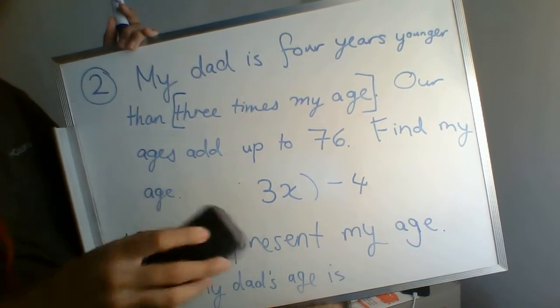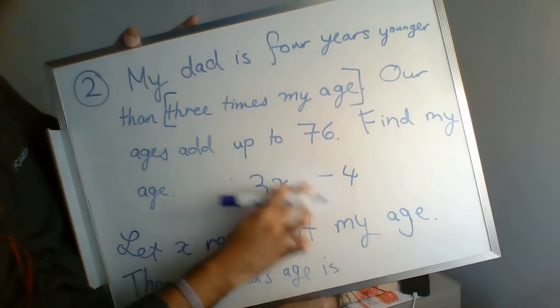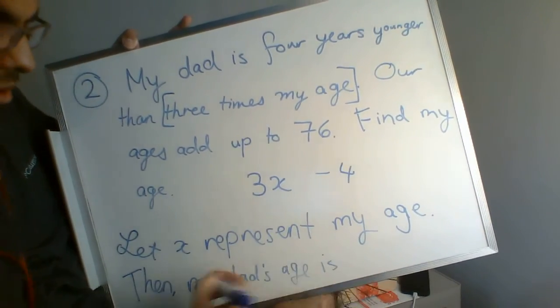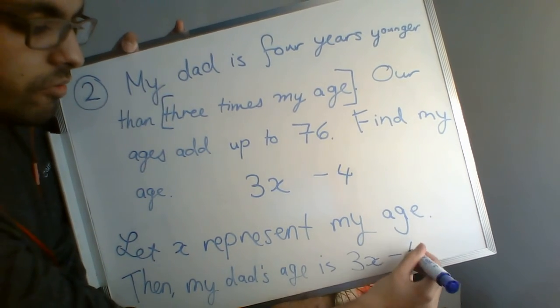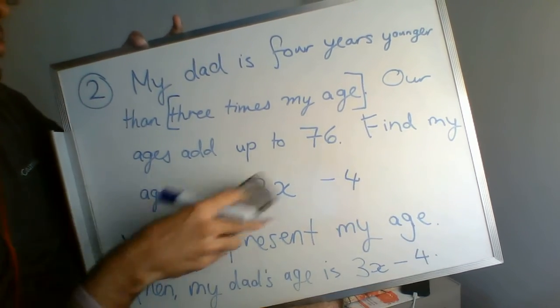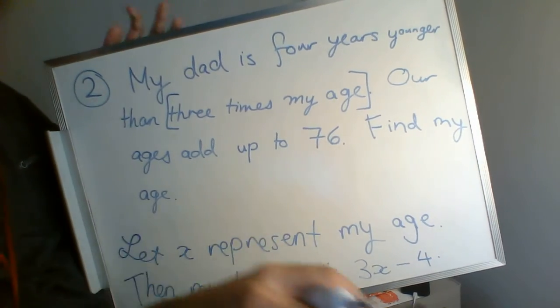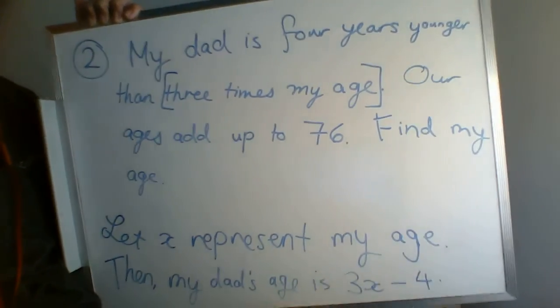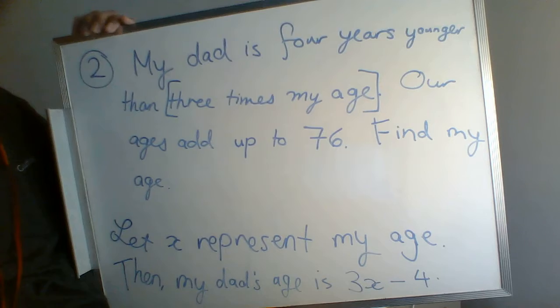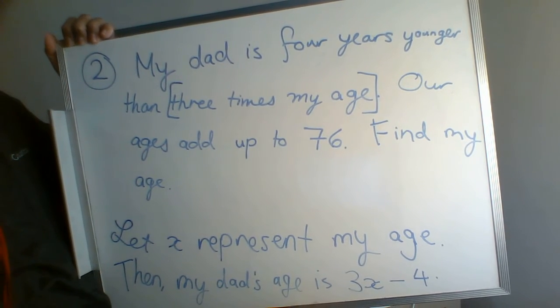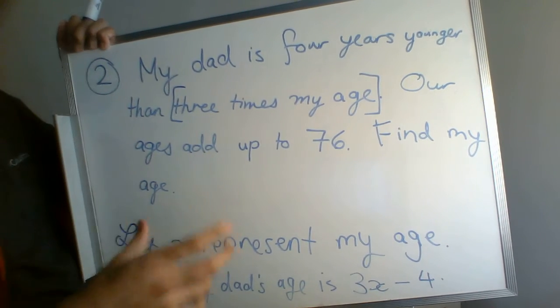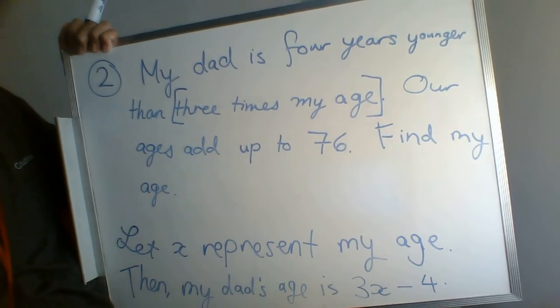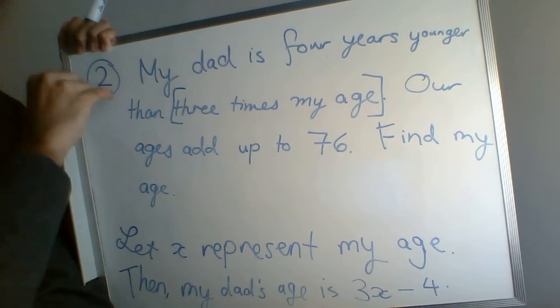So then we can write that down here. So we've got 3x minus 4. So then my dad's age is 3x minus 4. So we've made a then statement for my dad's age. We don't necessarily need to make use of that equation later to actually figure out his age, but it's useful in the next step when we're trying to actually build an equation. We need to have a way to write his age mathematically so that we can stick, my age plus his